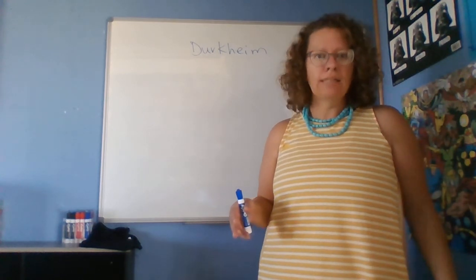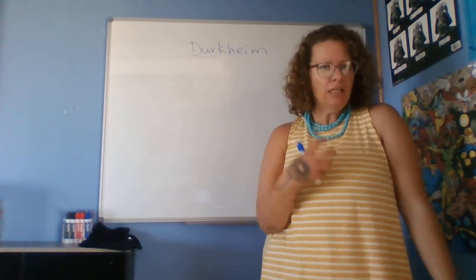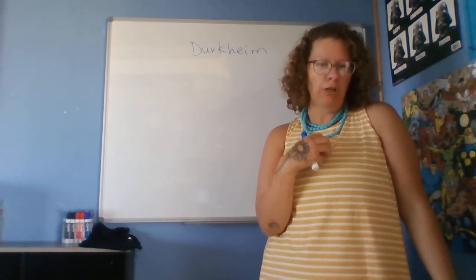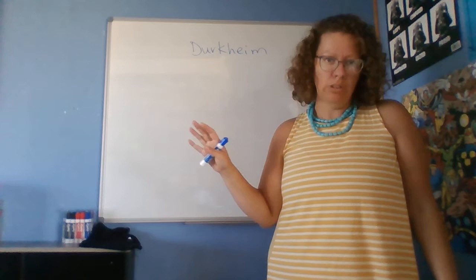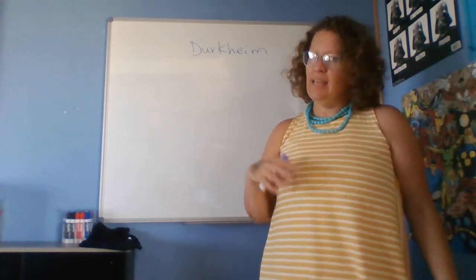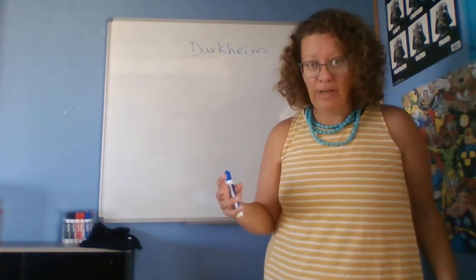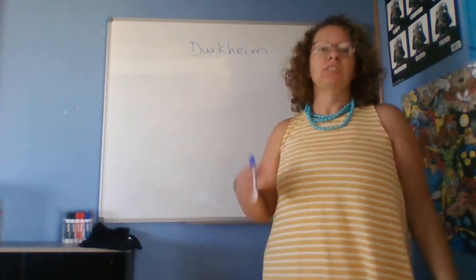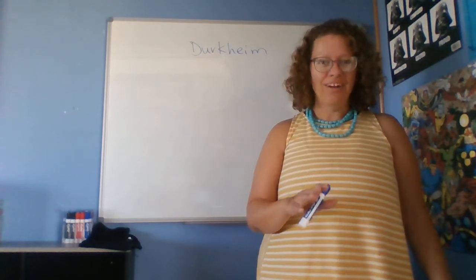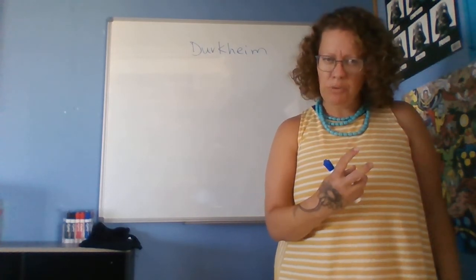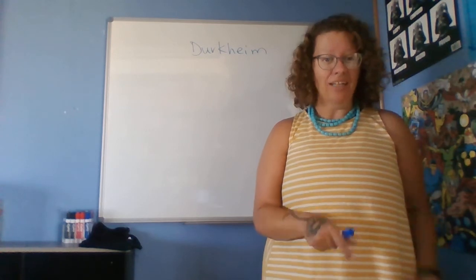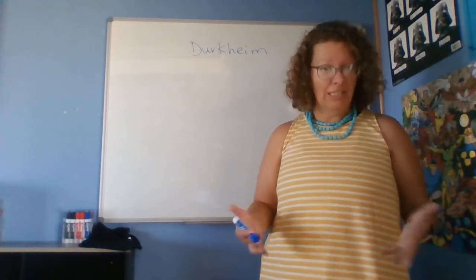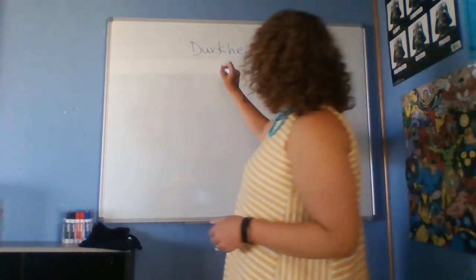And so he thought if he could take the most individual, most self-involved thing without a lot of social stuff going on, if he could prove that that's actually a very social phenomenon, then people would realize how useful sociology could be. So his idea for studying a very individual thing was suicide. So Durkheim, early on, one of our first sociologists, decides to study suicide.